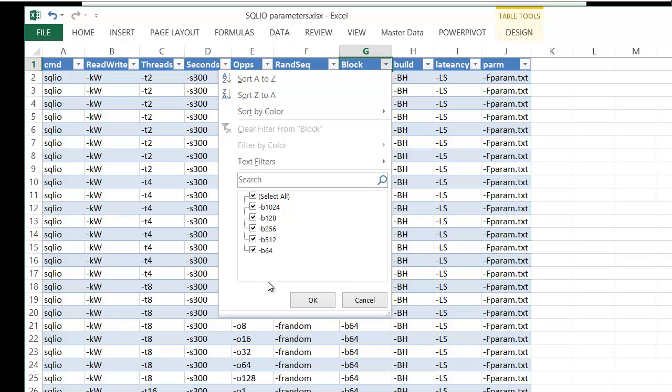Block sizes. This is really where, for SQLIO purposes, data warehouse workloads get really specific. Most block sizes that SQL Server uses under an OLTP scenario are 8 kilobytes, so 8 kilobytes on a page, which is the page size. However, with SQL Server's read-ahead functionality, which I explained in previous videos, SQL Server can increase its block size, or in fact its efficiency per I/O request, and return, instead of one 8 kilobyte page,